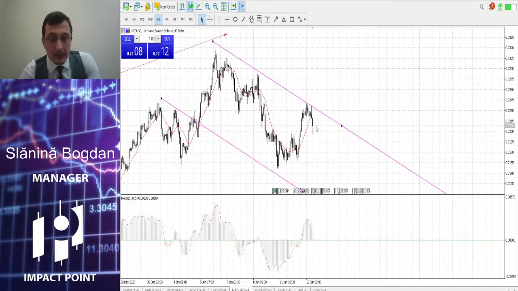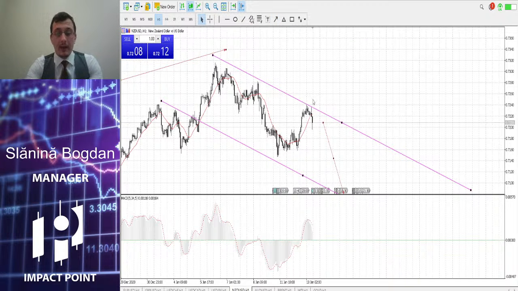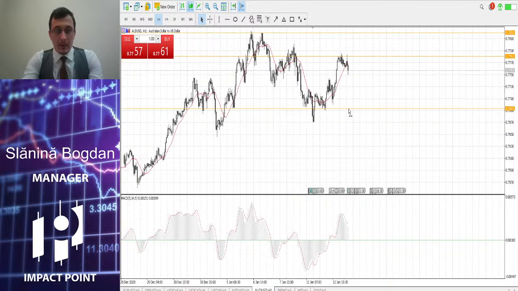the candlestick patterns, which give us a lot of possibilities for sell. I mean, if we put a stop loss here, it will be fine. It will be really fine. And let's move forward to AUD USD.